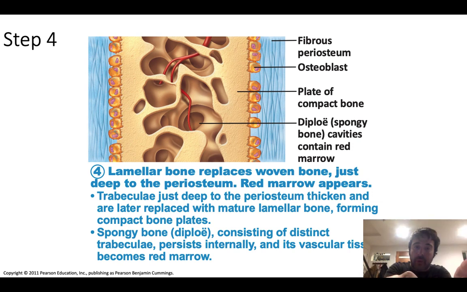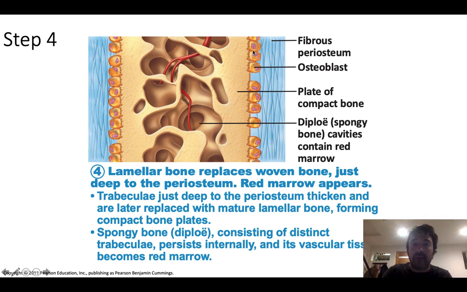We have compact bone connective tissue toward the outside, and then we have spongy bone connective tissue within the inside. The spongy bone connective tissue in a flat bone is called diploe, and in that diploe you're going to find red bone marrow, which is responsible for producing red blood cells, white blood cells, and platelets. These plates of compact bone connective tissue that kind of sandwich the spongy bone connective tissue form the outside, or the tough periphery, of those flat bones of the cranium, and it's typically all we see when we see a